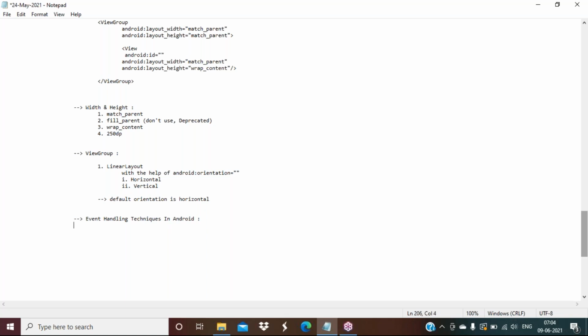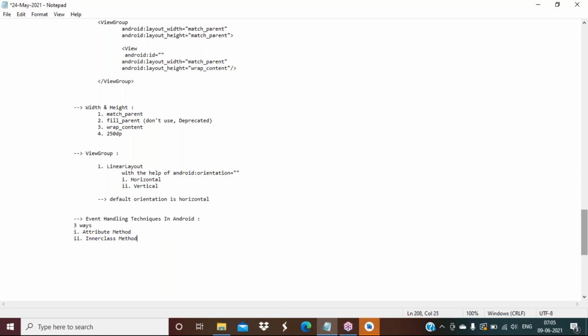In total we have three possible ways to handle this. The first way is the attribute method. The second way is the inner class method.